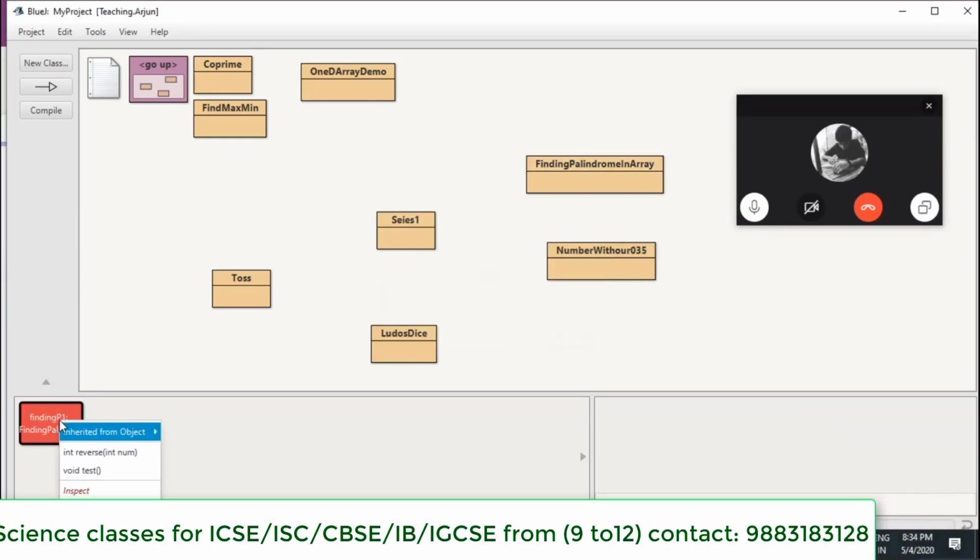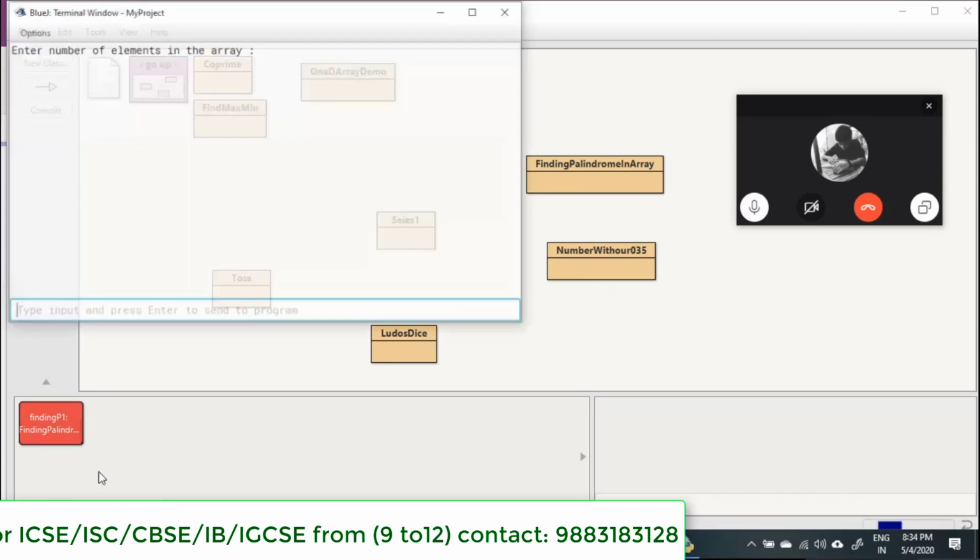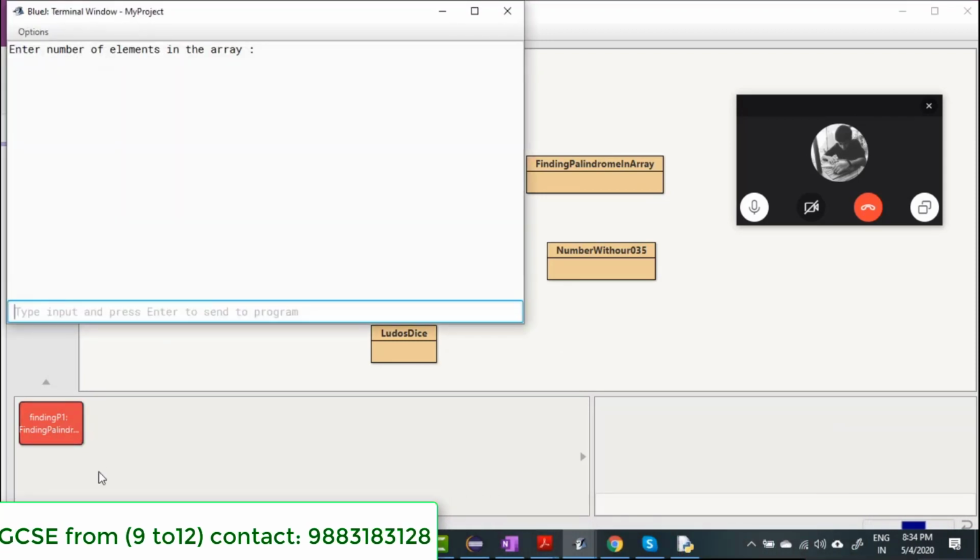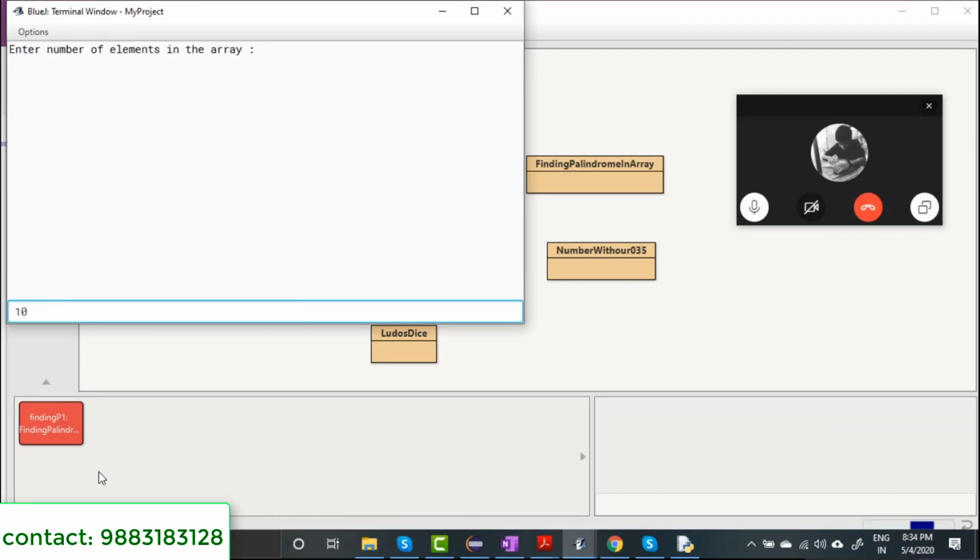So let's run the test method, right? Enter number of elements in the array. Say I've entered here 10. Okay, so I have to enter 10 elements, right?